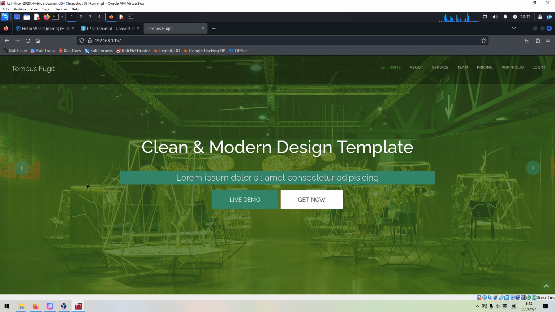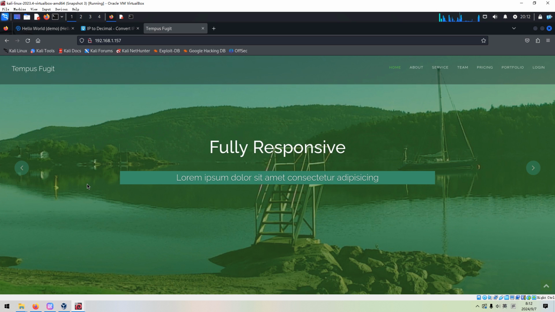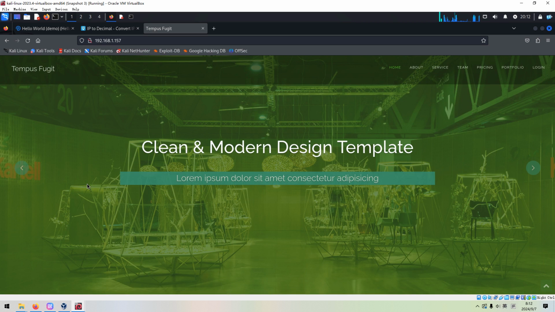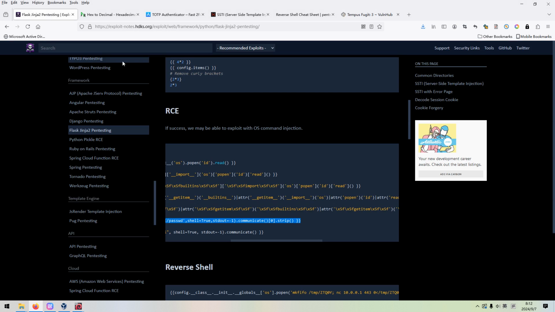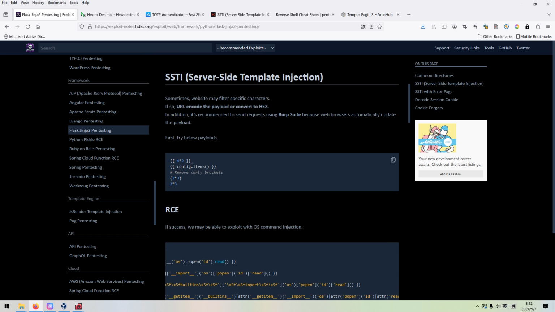The template engine technology is great, but we will not get this technology here. So next, I've already opened up this website, which can give us the techniques on how to detect and also how to exploit this vulnerability, server-side template injection.